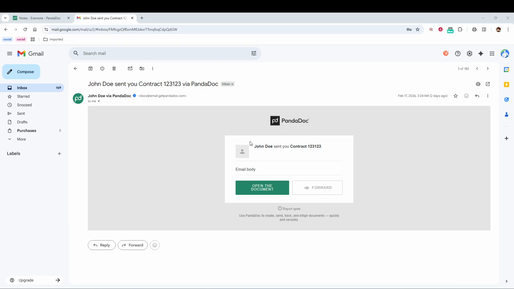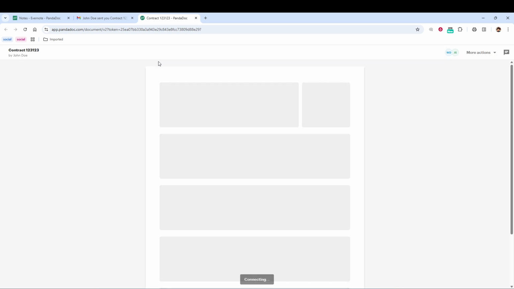First, open the contract from your email. You'll receive an email invitation generated by Pandadoc, and inside that email you'll see a button labeled Open Document. Go ahead and click that button. This will launch the document in your browser using the latest Pandadoc interface, so you don't need to install anything